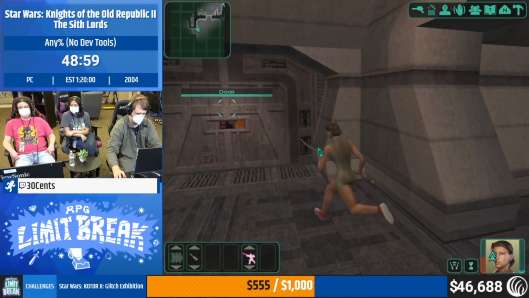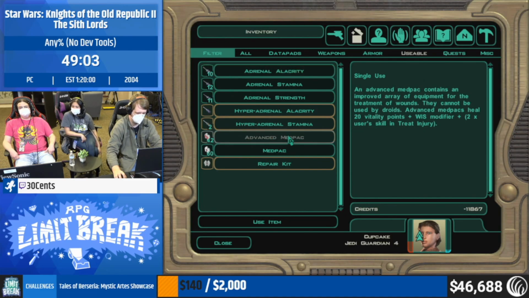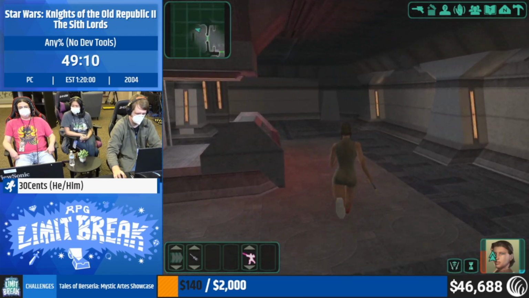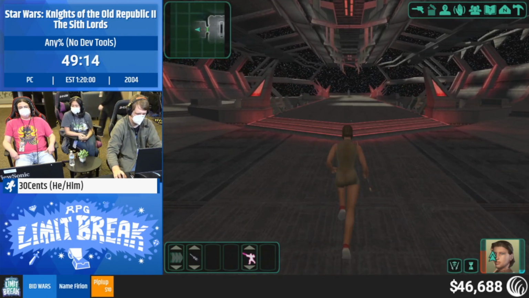So we're basically walking through more. Here it's still a little bit dangerous, so 30S basically watches HP. And then we're going to head up to the Nihilus fight here, which is pretty hilarious because there's a half-naked Jedi